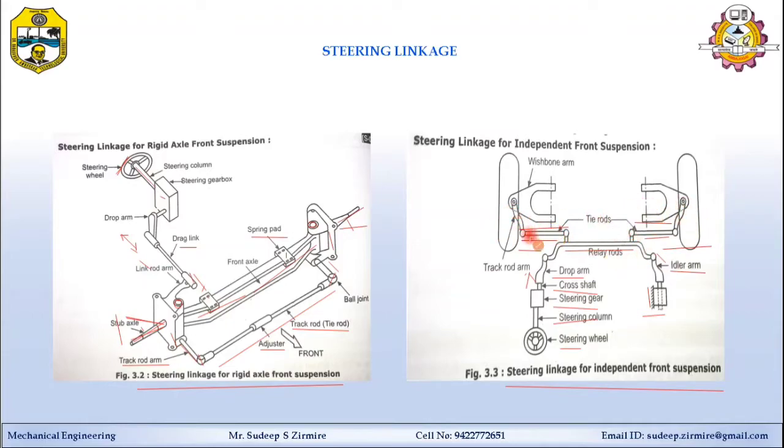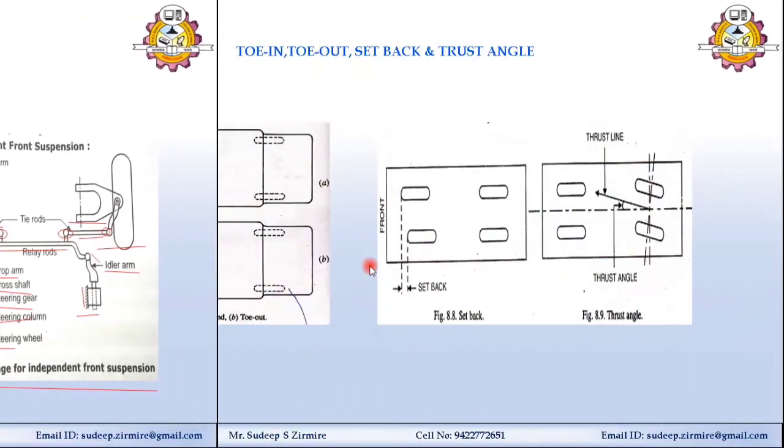This is the top view, so you can understand when it goes, this side will come up and it will rotate about these ball joints. In case of the suspension, same for here. So in this case, instead of one part, three parts are used, and the center part is restricted to the horizontal plane only, and the other two, LH and RH parts, move upward. This is the basic difference between these steering linkages.